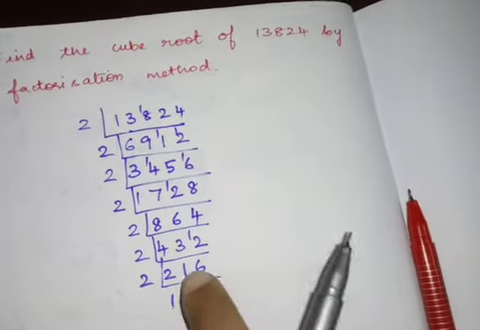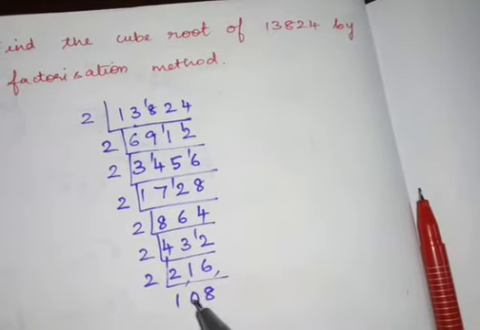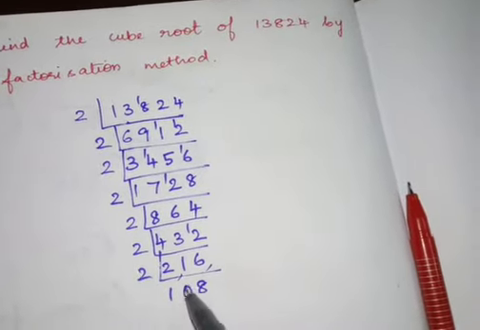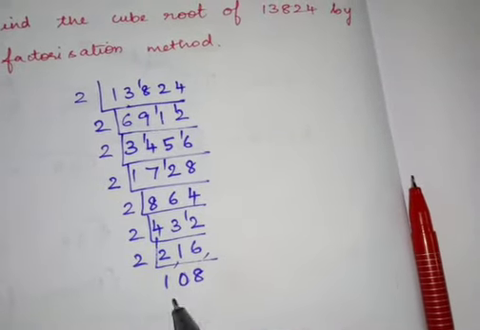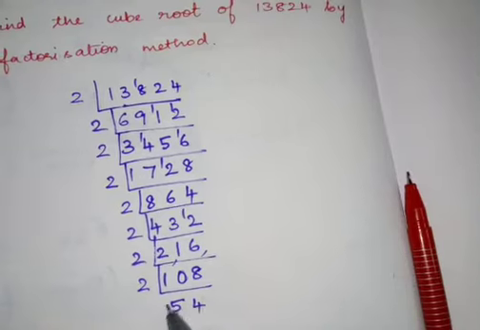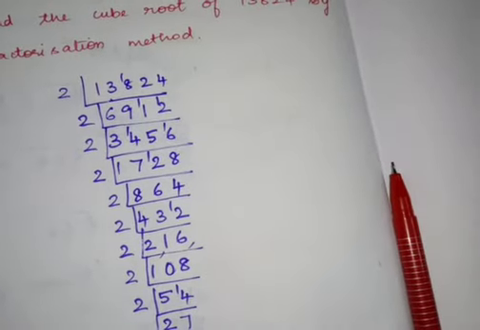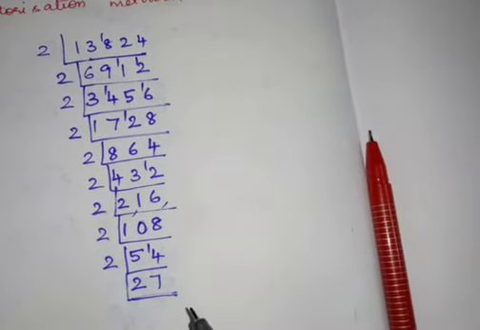Why is it 0 here? Because I can't divide 1 by 2. So I'm inserting a 0 here. 2 8s are 16. Then in 2 table, 2 5s are 10, 2 4s are 8. Then in 2 table, 2 2s are 4, 7 2s are 14. Does it come in the 2 table? No. So what is the next thing?